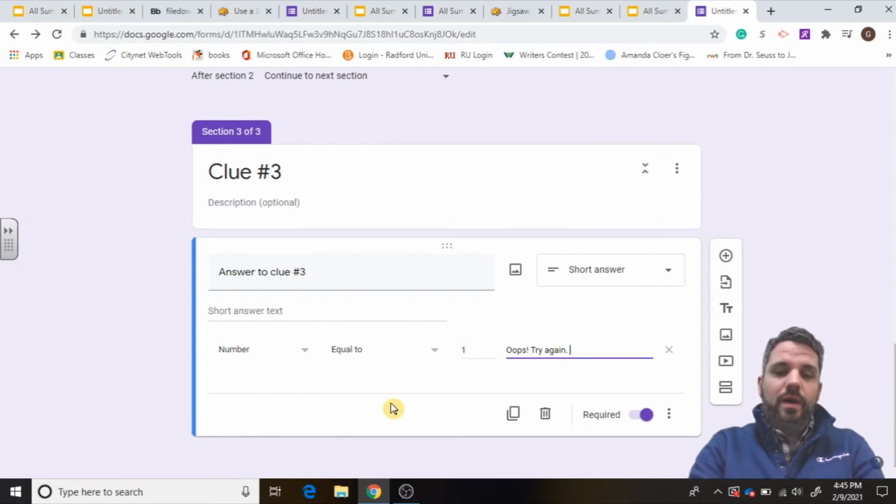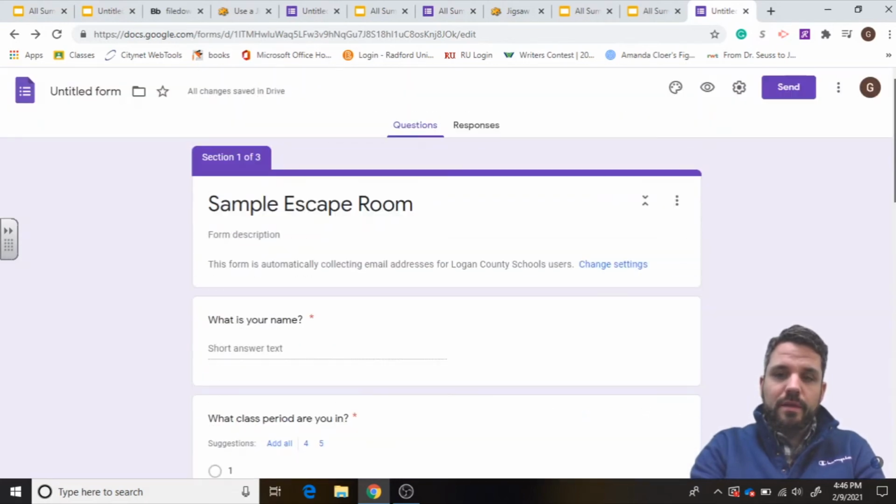Okay, so after that, you can make that the end of it if you want to, or you can add more clues. You know, this is just for beginners, so I'm going to leave this at that. But if you're interested in the multiple choice and you need to figure out how to link the different sections, I'll show you that in the advanced tutorial. So right now you want to leave this as it is,